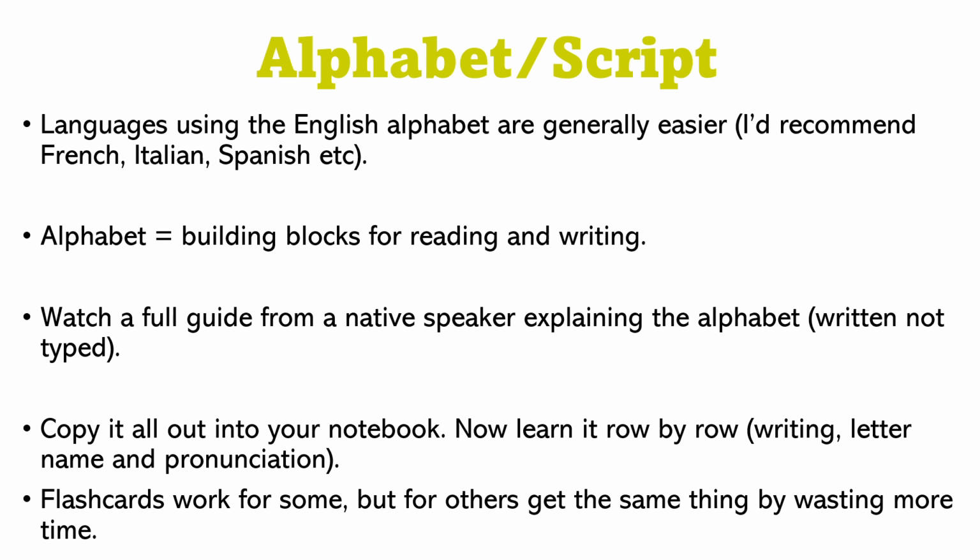So yeah, I want you to copy down the entire alphabet if you're learning it. Say you're learning the Russian alphabet, you would watch someone write it, you write it down as best you can the same way, and then you would go through row by row and learn it. So the way you do that is you can write next to the letters in Russian, for example, or whatever. You can write the English equivalent in a different color or smaller or something.